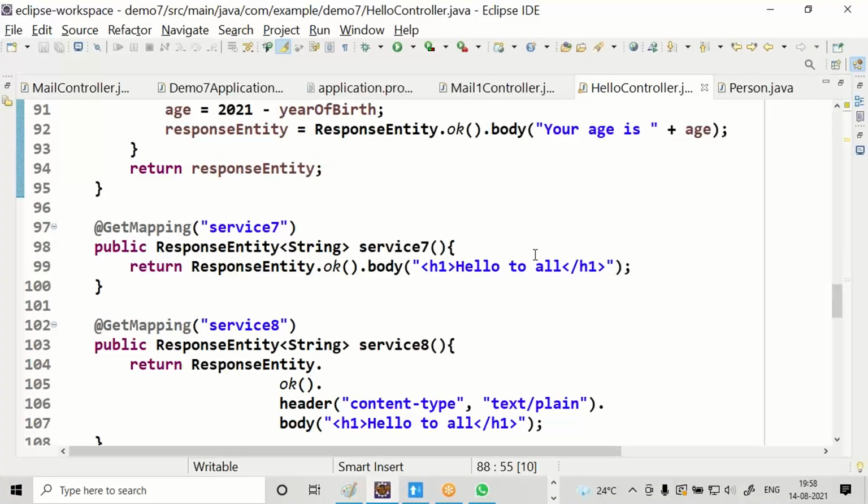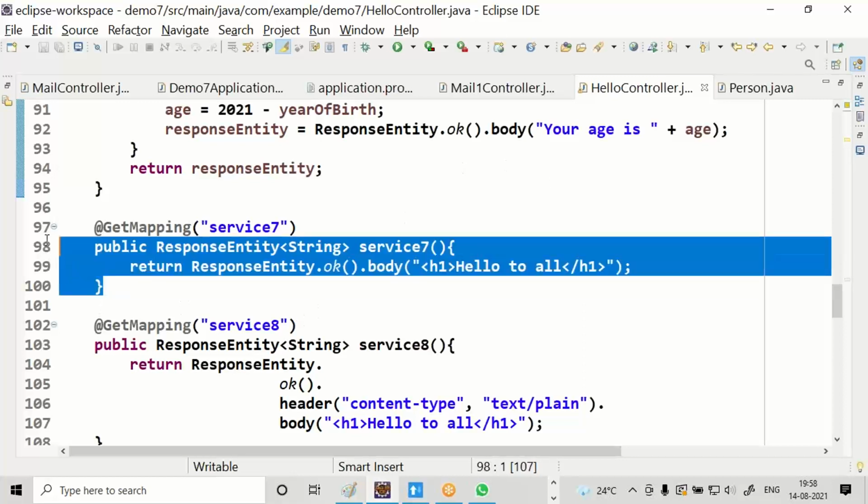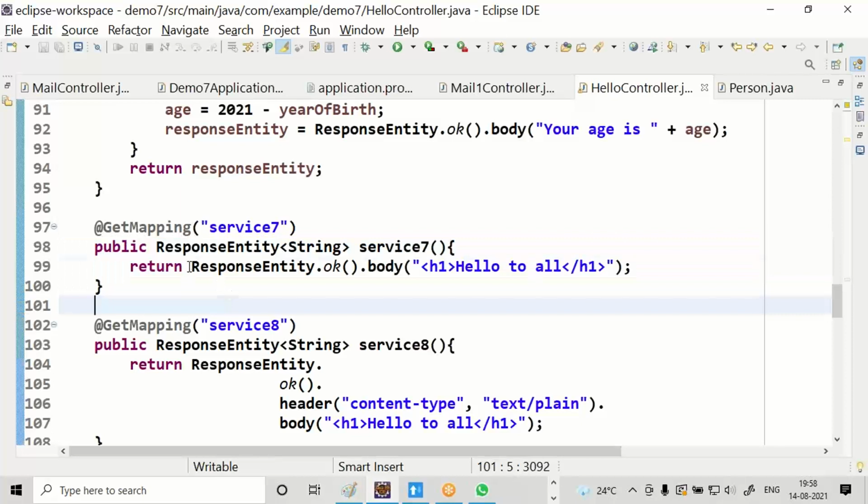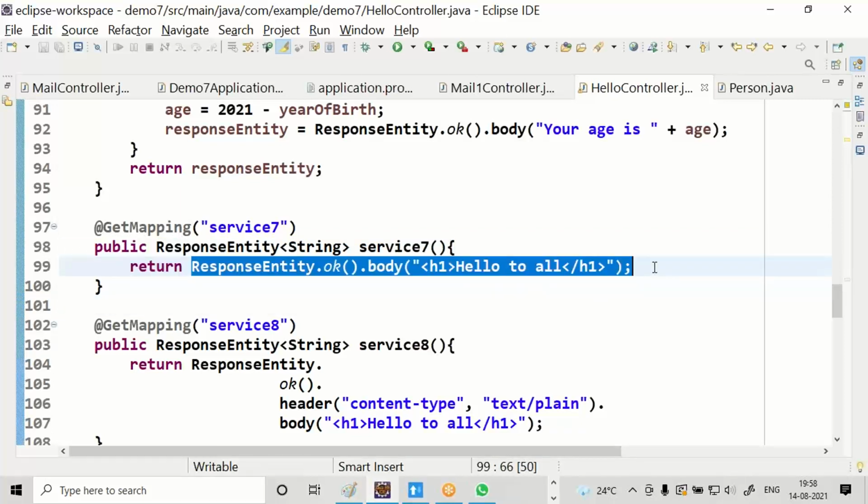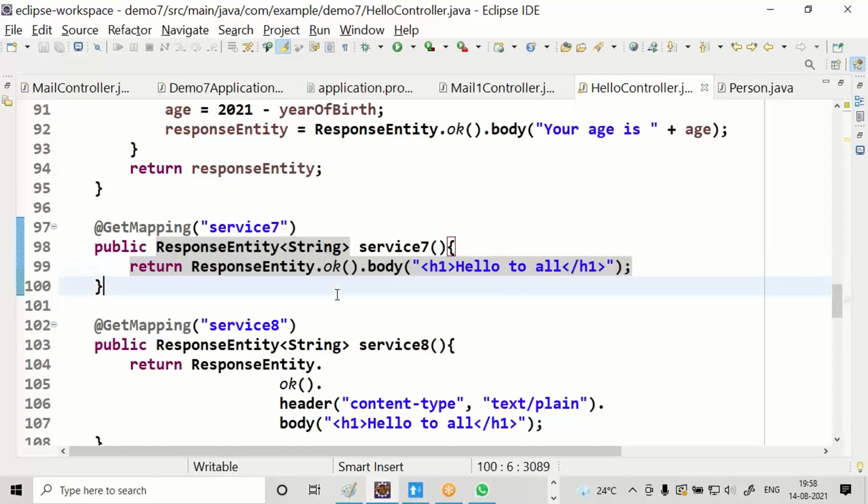Depending on your requirement, depending on your convenience, you can choose either constructor or static method. You can see the importance of the static method in the return statement itself. Easily we are defining a response entity with an OK status and the body as hello to all inside an H1. So very frequently this approach is used.